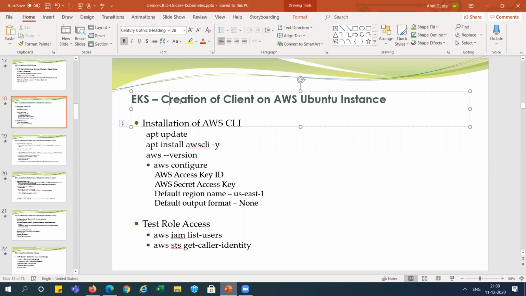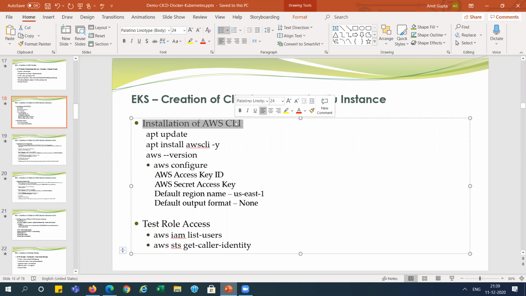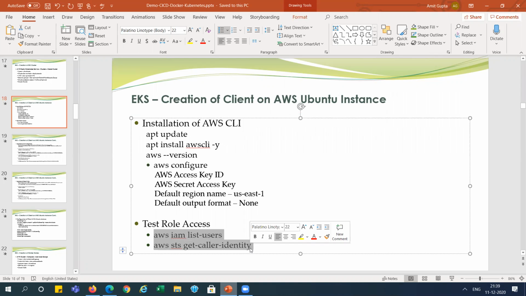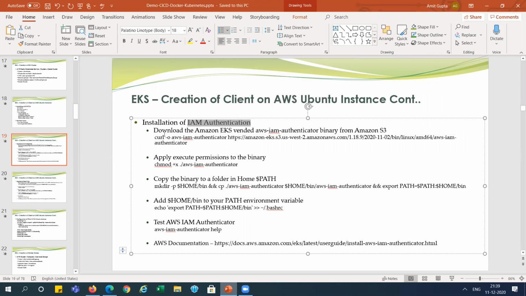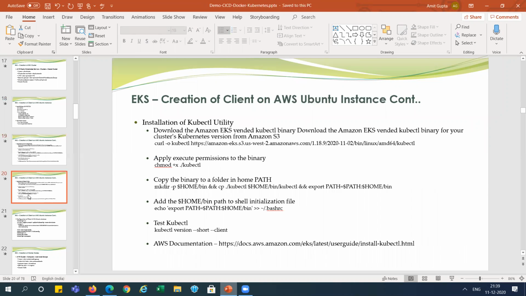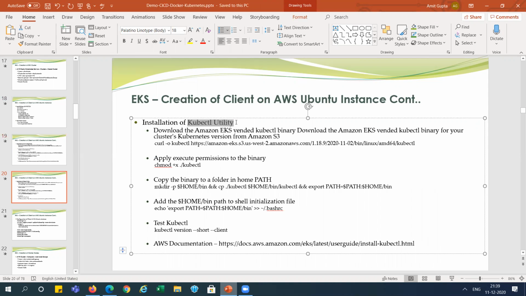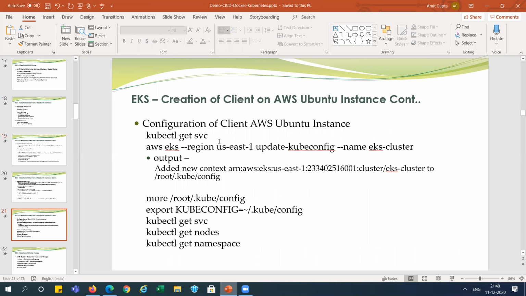So in this client machine, we first need to install the AWS CLI. We need some commands for that. After the CLI, we will test whether we can access it or not. After that, we need to install the IAM authenticator. So this is the process we will follow here. After the authenticator installation, we will install the kubectl utility. And after this installation on the client machine,